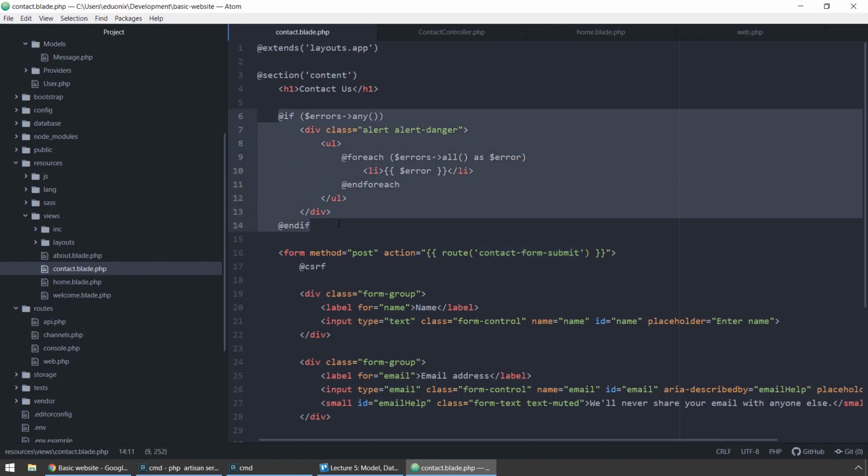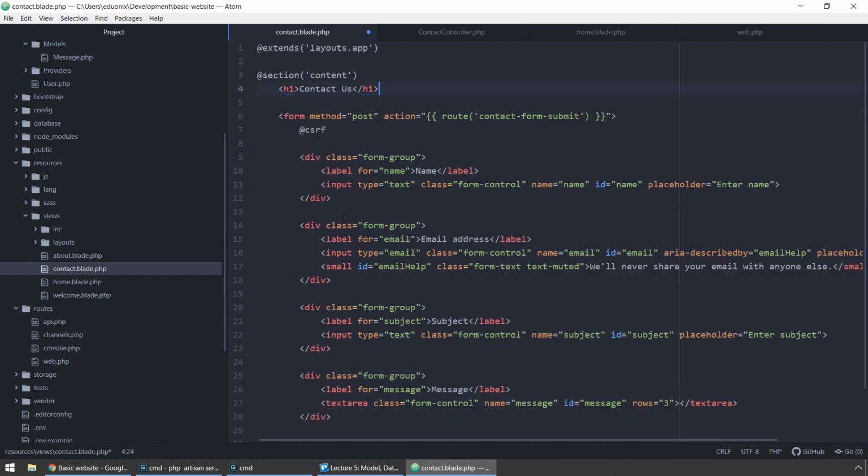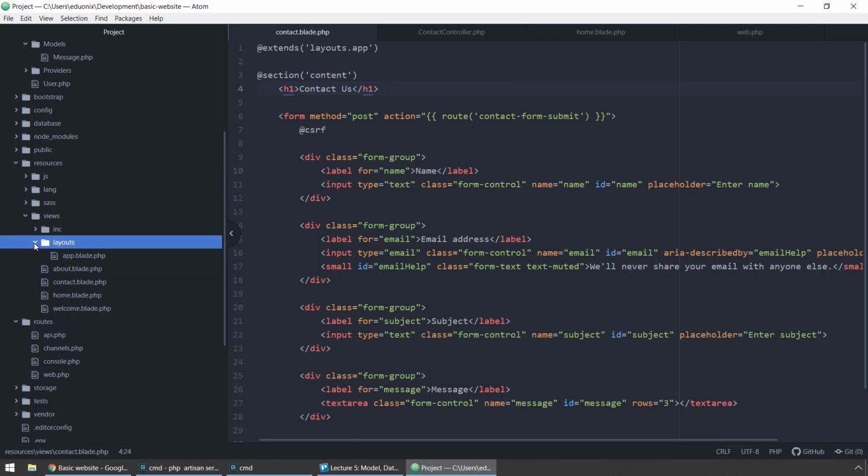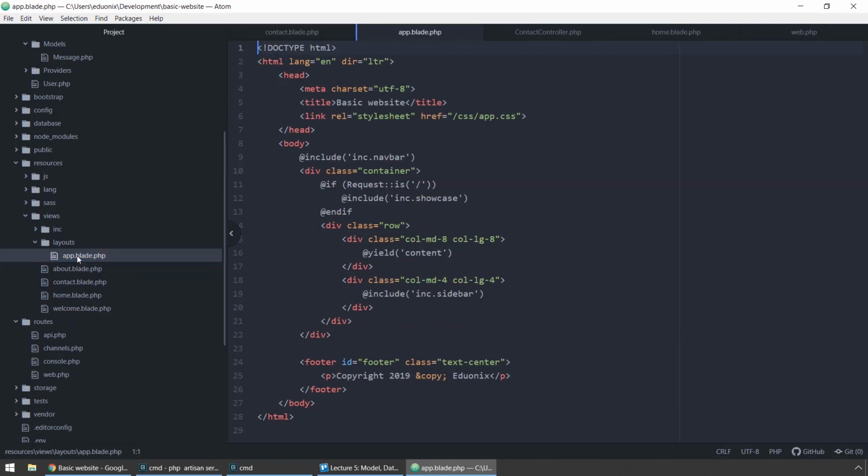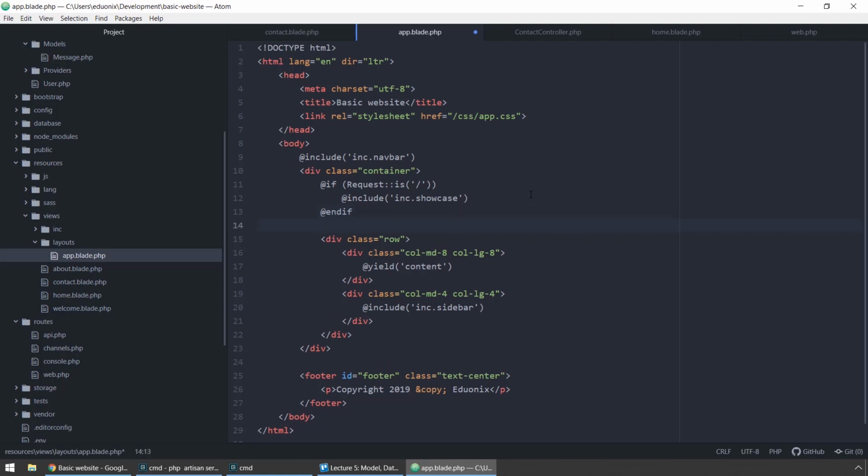So maybe we can add this to the home page, the template, our template. For example, inside of the container after the showcase here,